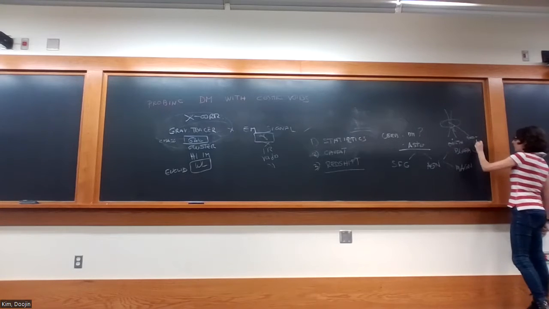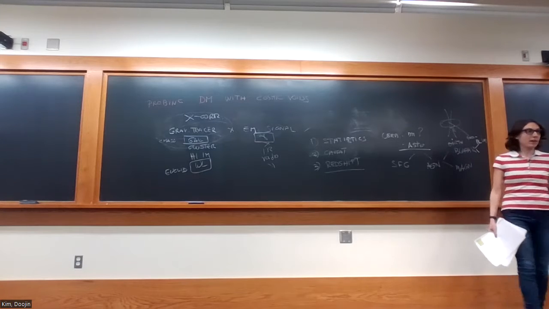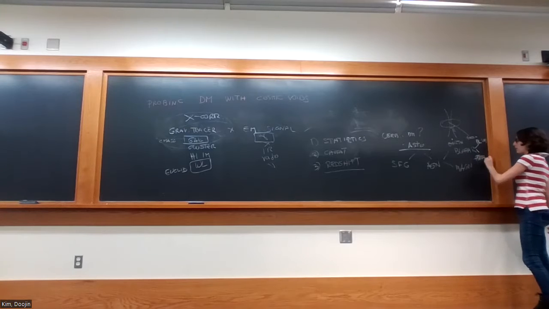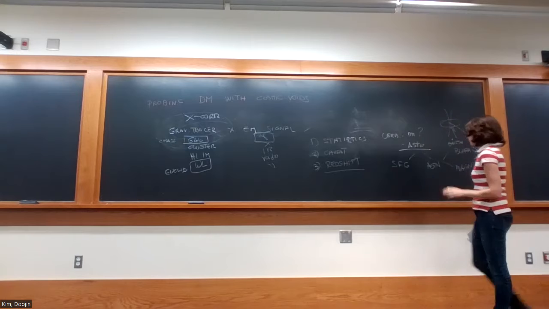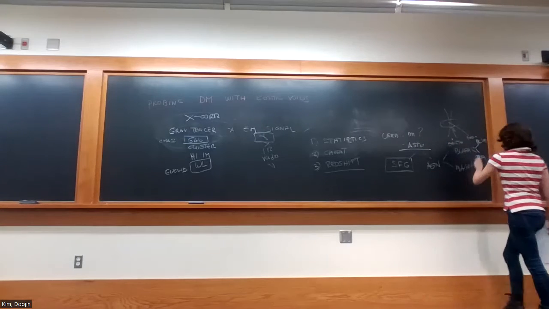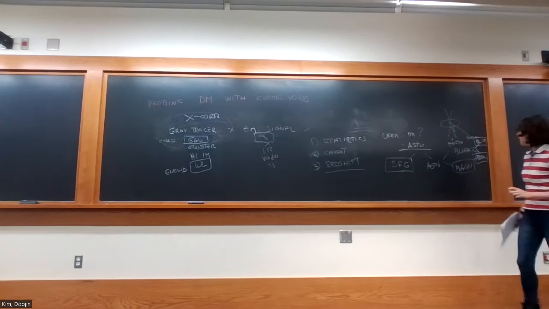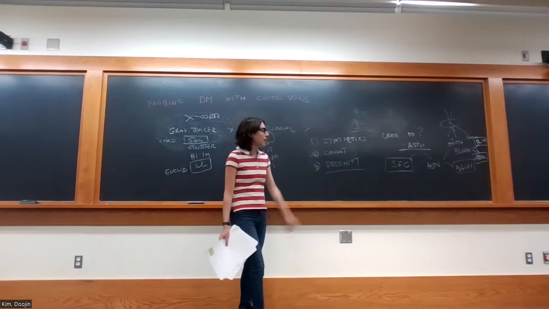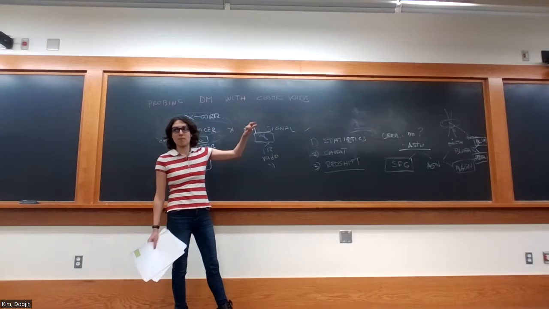And blazars are typically also subdivided into categories that you maybe heard of. BL Lacs typically have a harder energy spectrum, and flat spectrum radio quasars, as the name suggests, tend to be more radio bright. For the purpose of this talk, the only thing that we should remember is that we have four types of astrophysical sources. This is kind of our enemy. And we want to understand if we can find a way to disentangle and see a dark matter contribution on top of the astrophysical background.